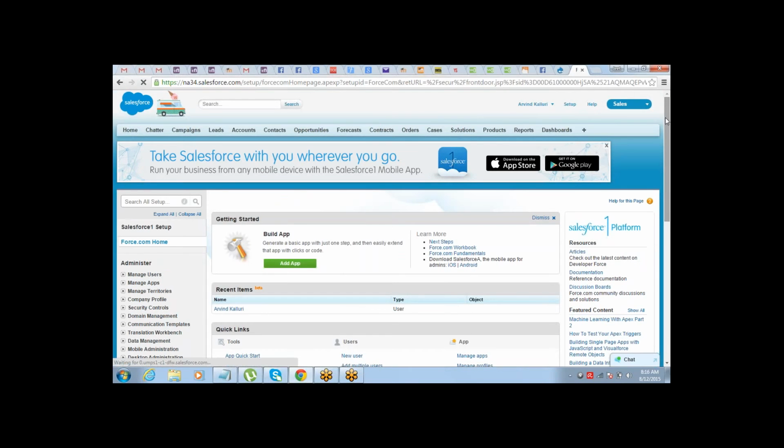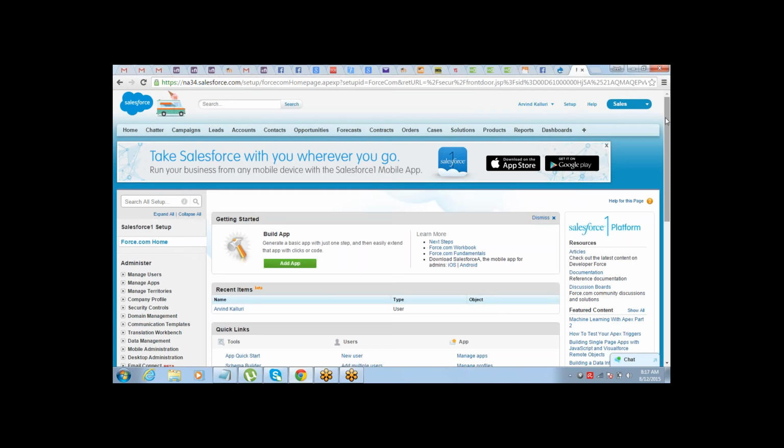Now, how do you understand which edition you are using? See, while you're creating a free account, there are two options available for you. You can create a free trial for any of the editions. The page on which we saw the pricing: you go to salesforce.com, then go to products, and then go to pricing, and we saw a list of all the products: professional, enterprise, unlimited. So you can get a trial of any of those from that page. Below the details of the pricing, you will see a free trial button available there, right? So that allows you to get the free trial for any of the editions.